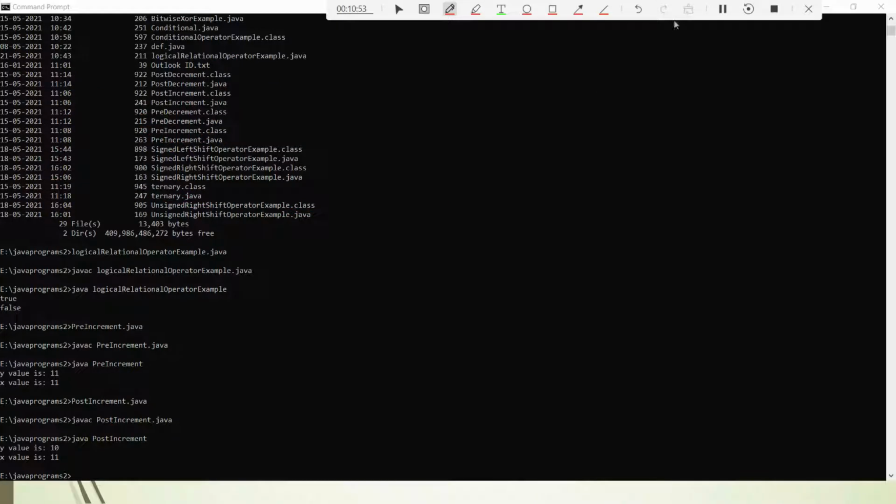Having understood this, let us understand the next concept, which is post decrement. Before the pre decrement we'll see this. I have the program for that also, so let me open that program for you.